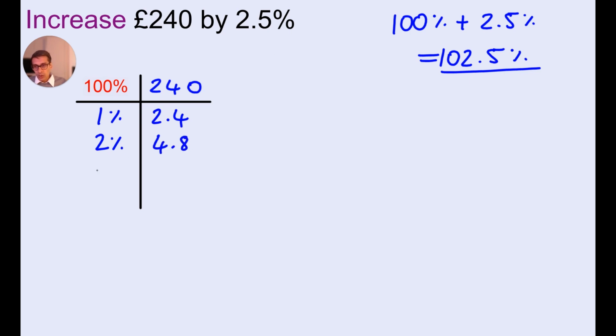We're also going to work out half a percent. So 0.5%, or half a percent is going to be half of 2.4, which is 1.2. From this, we can work out 102.5%, because we're going to add 100 and 2.5, 100 and 2.5. So this will become